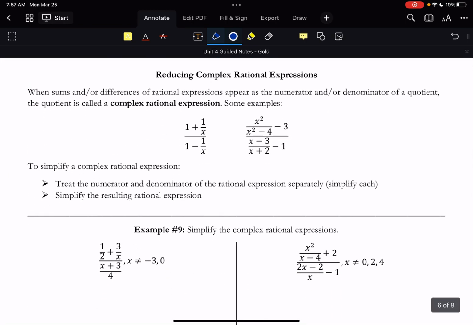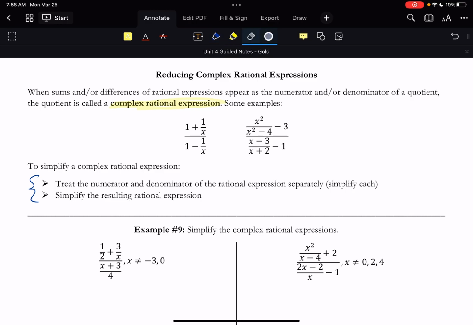All right, last thing, reducing complex rational expressions. So a complex rational expression is when sums and/or differences of rational expressions are in the numerator and denominator of a quotient. So I want you to think it's a rational inside of a rational. So what we're going to do to simplify these is treat the numerator and denominator separate. We're going to simplify both of them and then simplify the resulting expression, which is going to be the division